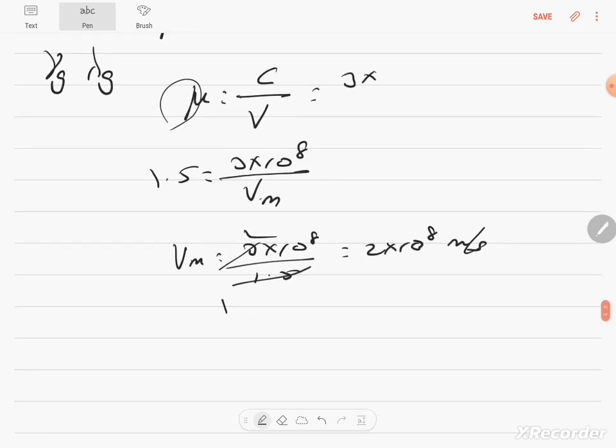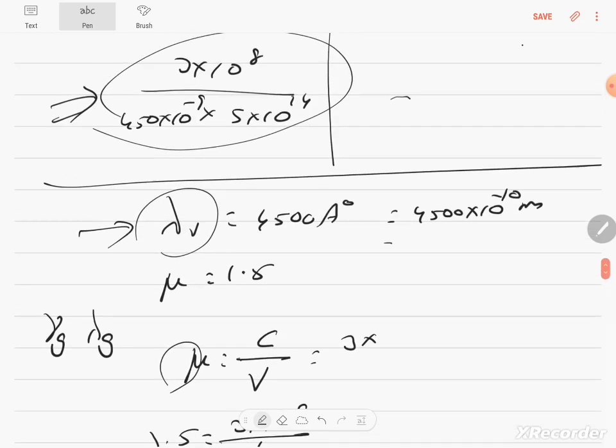And I told you, what is the formula for velocity? Velocity is wavelength into frequency, distance by time. So you know the velocity of the medium. Frequency does not change, because frequency in air and glass are the same. Have they given the frequency? No, they gave only the wavelength in vacuum, with which you have to find the frequency in vacuum, for which you need the formula. What is the formula? Velocity is equal to,